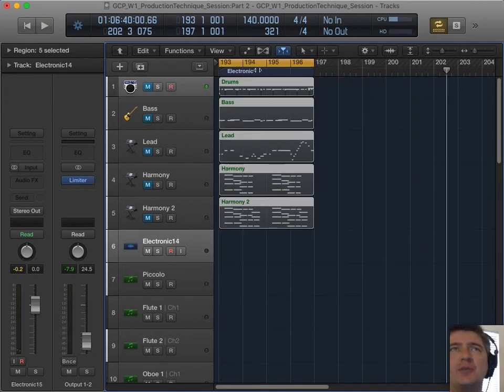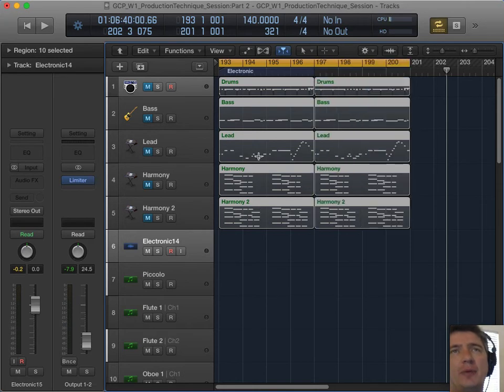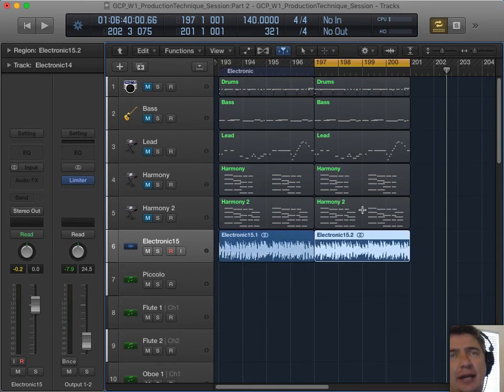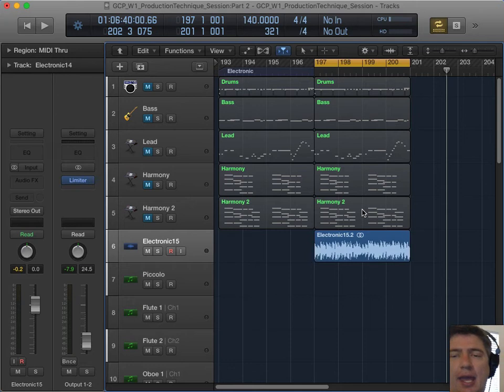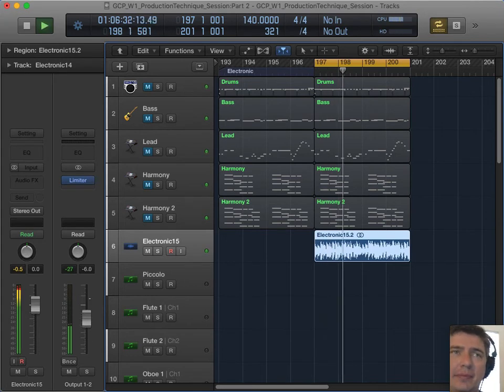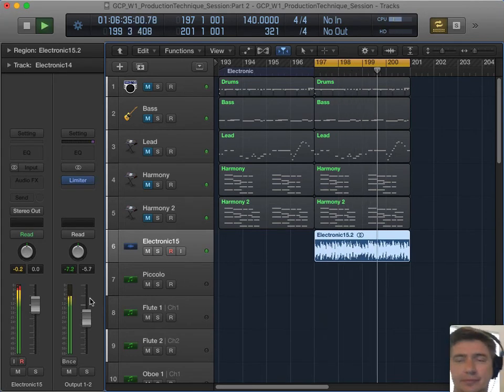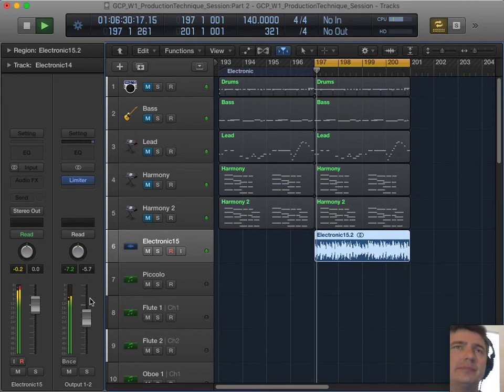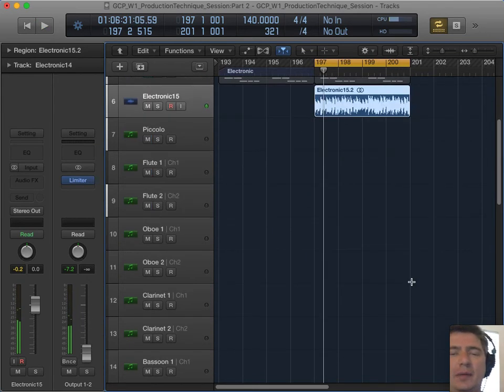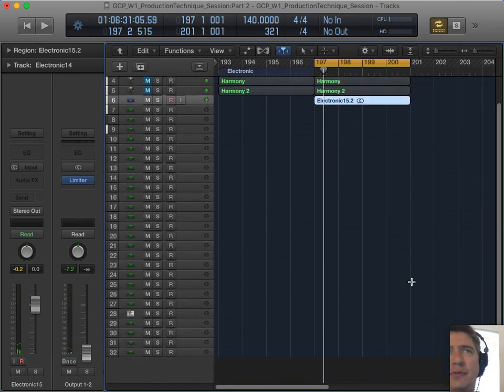All we did here was we took the original MIDI, made it twice as long, bounced it out, chopped it in half, and deleted the first half. And once we have done that, we have a seamless loop here that will not create any issues as it goes around and around. So this is what you're going to do for this electronic loop.